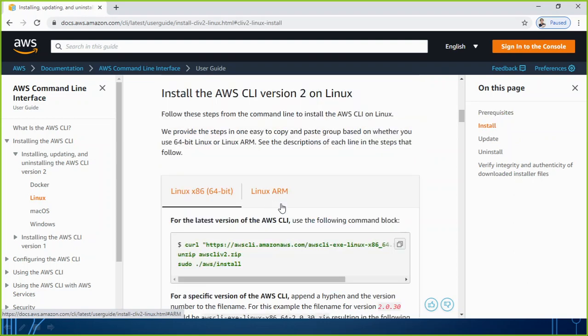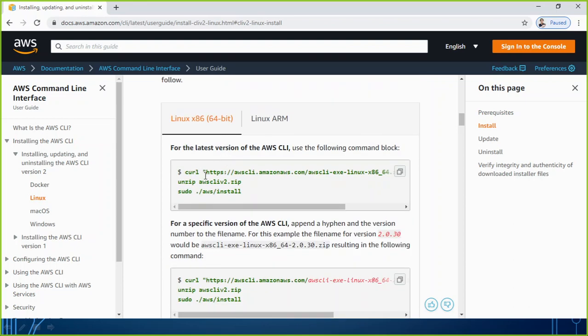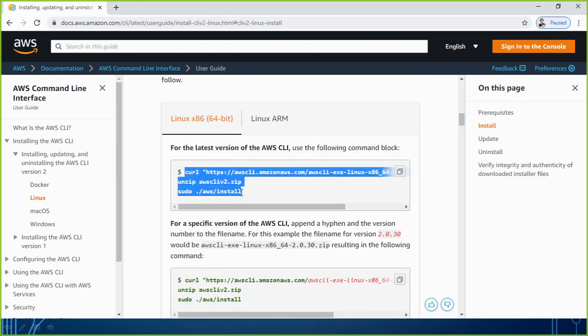If you click on it, here is just a simple command. This is the command you have to execute at your Linux terminal. You see sudo ./aws/install. That's the command. So first you have to download this, and thereafter you just run this command, and that's it. It will perform the task, and then your terminal will be ready to be used for AWS services.